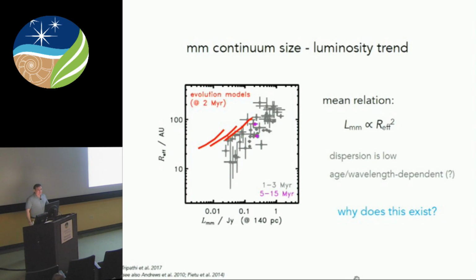And there's nothing that we can really do in the standard smooth model of a disk to actually make this happen. So I'm going to come back to this at the end of the talk, but this is just a manifestation of what I was saying before. It's that the models of radial drift in normal protoplanetary disks are too efficient. You deplete particles from the outer regions too fast.